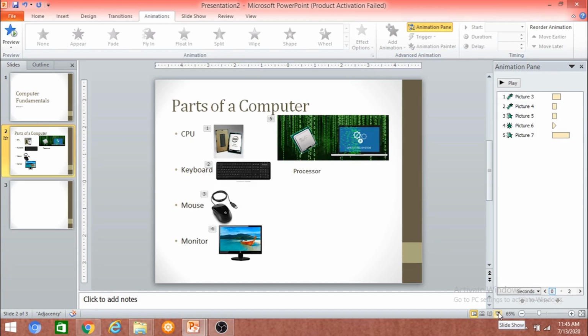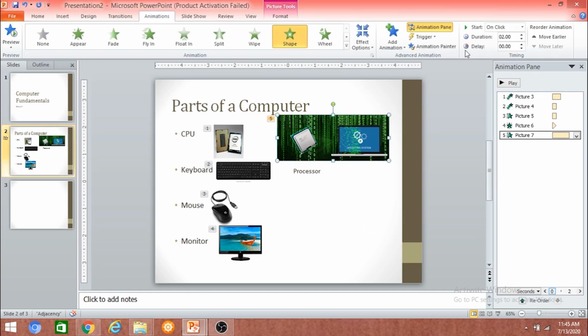In addition to just adding animation and going on clicking or tapping, you can add timings to your animation so that the animations come automatically after the set time. For that, go to the timing group. Here you can see that animation gets started with a click. If you want, you may select With Previous or After Previous. Now let us select With Previous. You may also put in some delays.